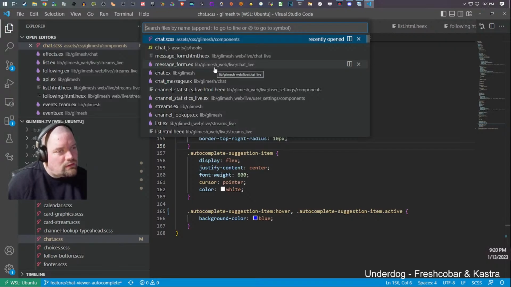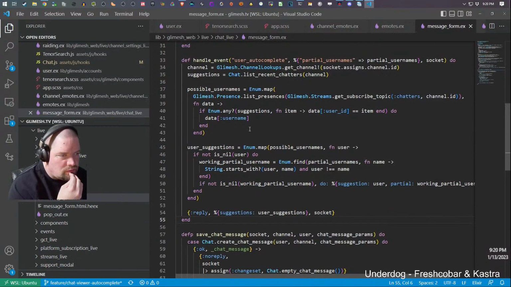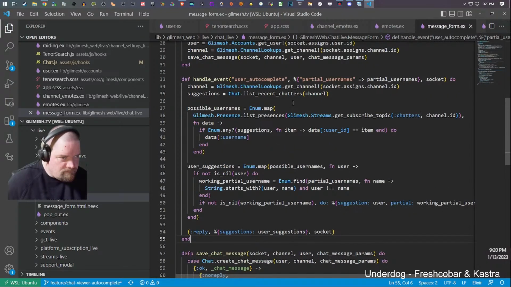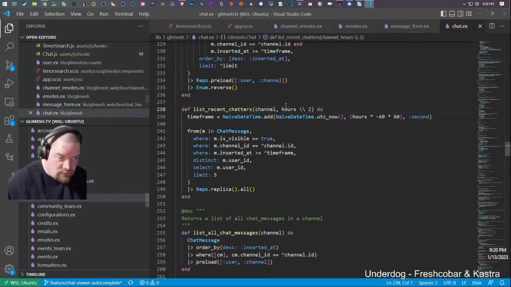Where is the sorting at? Form. Chat list, recent chatters.